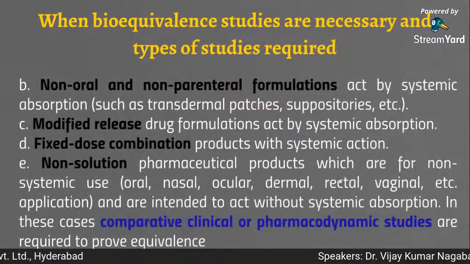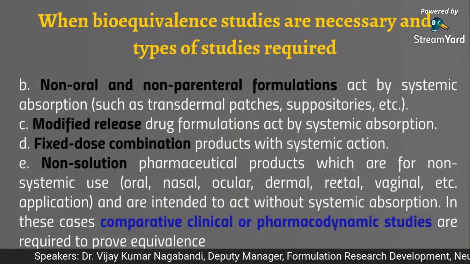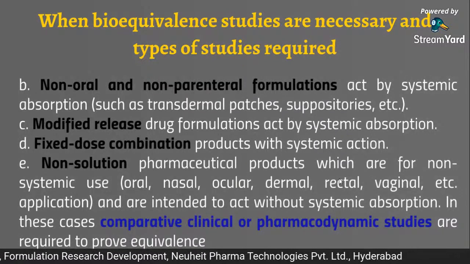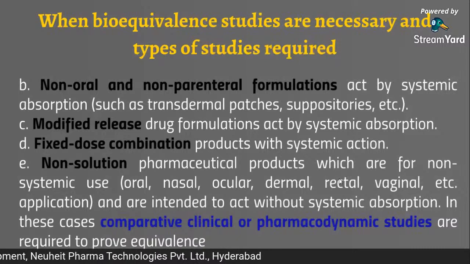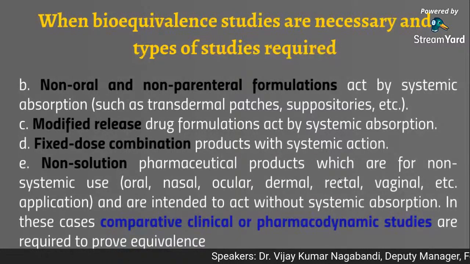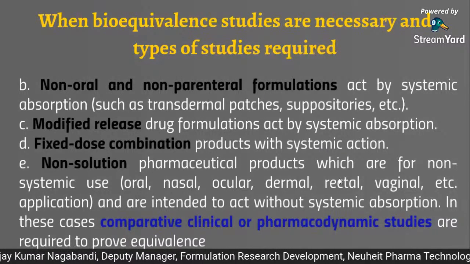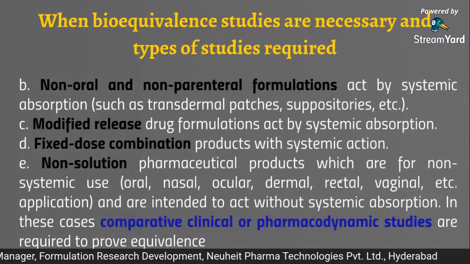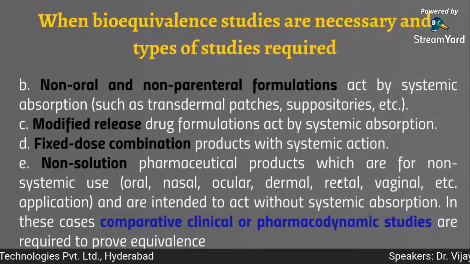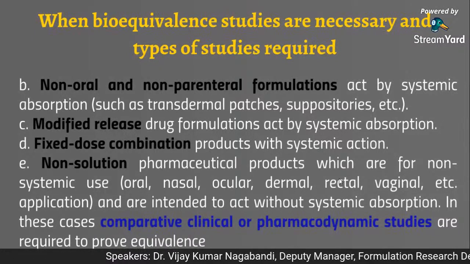And in continuation, that is one category of oral immediate release dosage forms, and the other category is non-oral and non-parenteral formulations. Like if any formulation is administered through transdermal route as a transdermal patch, suppositories, these are not administered through oral route, but still in vivo testing is required. And any modified release formulations like sustained release, controlled release, targeted release, colon targeted, gastro-retentive dosage forms, timed release dosage form, pulsatile release, all these modified release dosage forms, definitely they are going to act systemically after absorption from the administration site. So that's why in vivo bioequivalence testing is required.